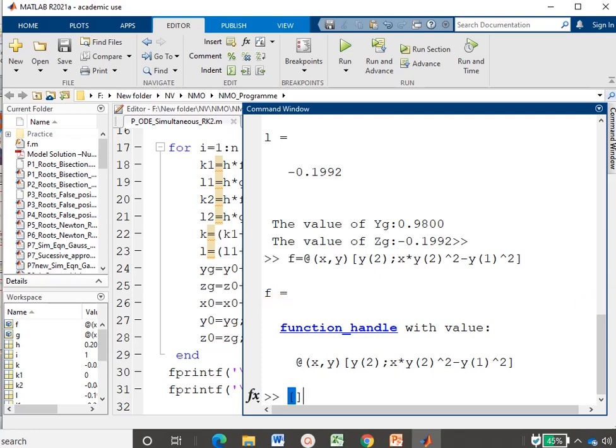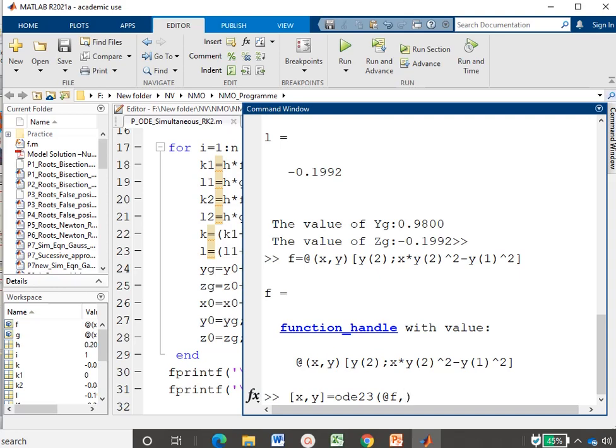Now we have to use the solver syntax. The solver syntax is in square bracket x comma y is equal to ODE23. You may use ODE45 also. Then in bracket again we use the @ symbol and the function. The function we have defined using the f variable, so we use the f variable as it is.